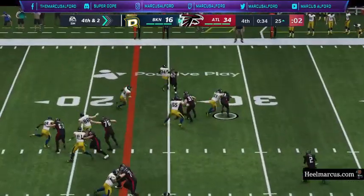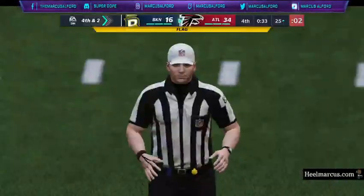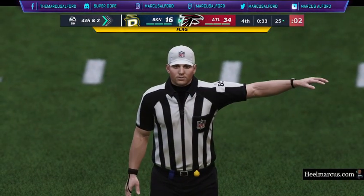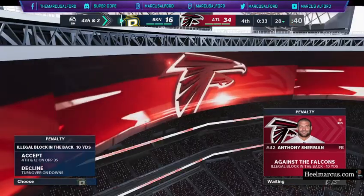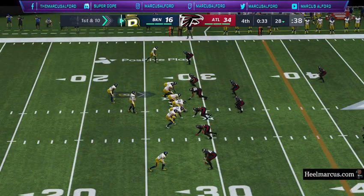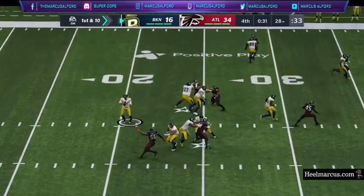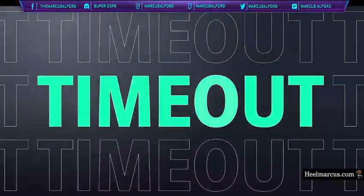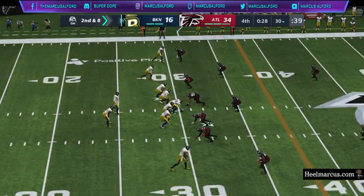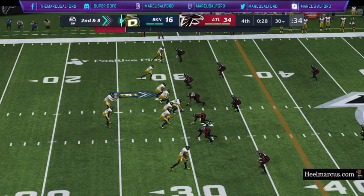They're running with Gurley. And he's going to be met behind the line of scrimmage and taken down. And a penalty flag is going to come out on top of it. So they elect to decline it. And why not? Just go ahead and let the play stand, and they'll take that. Todd Gurley unable to get it past the line. And as a result, possession switches hands. This is Bell on the dump off. Now the offense going to use the first of their timeouts as they stop it with 28 seconds to go